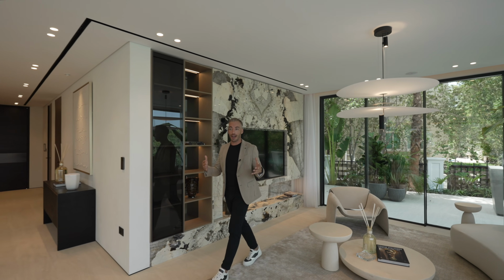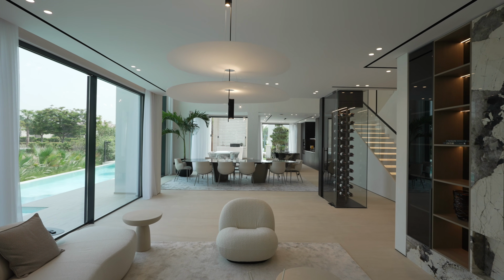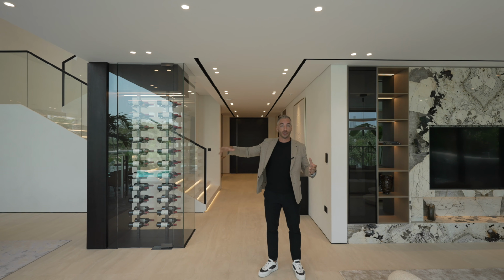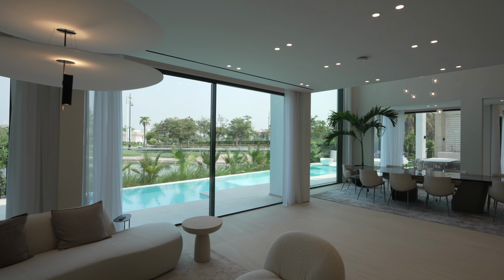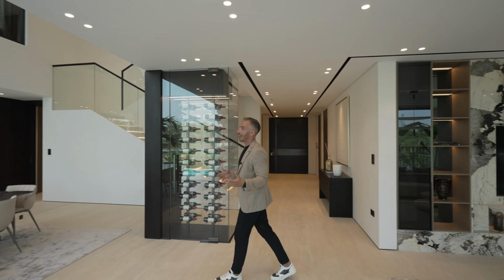Now you can see how much natural light is being brought into the great room with the floor to ceiling glass sliding doors which are dotted around the home, so you can even open this space to make it an in and out experience with the pool area. You can see right behind me, this is the entrance door where we came in,